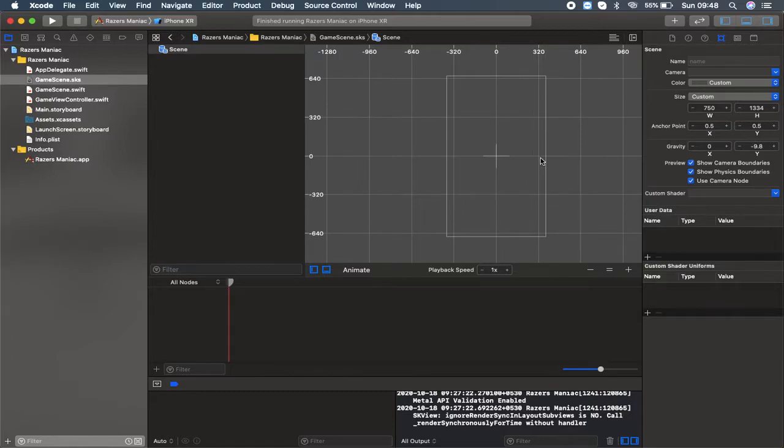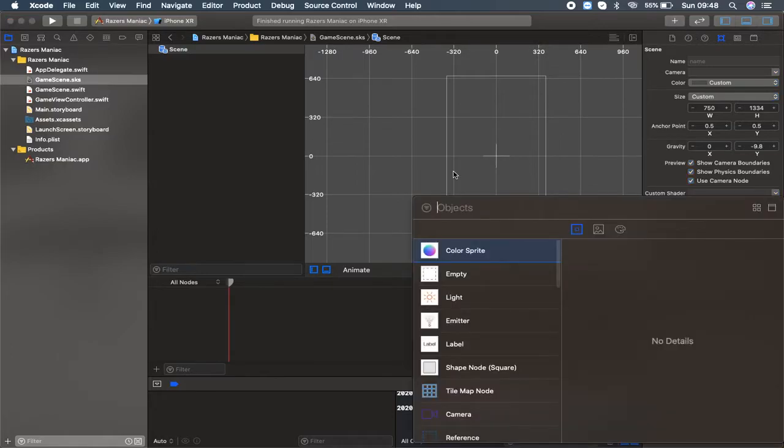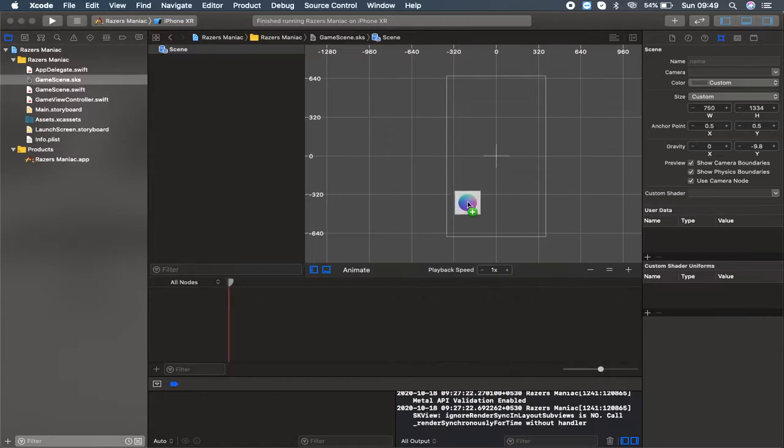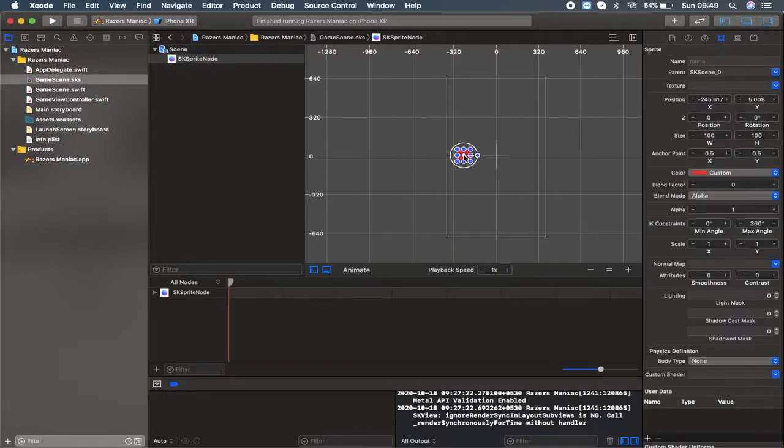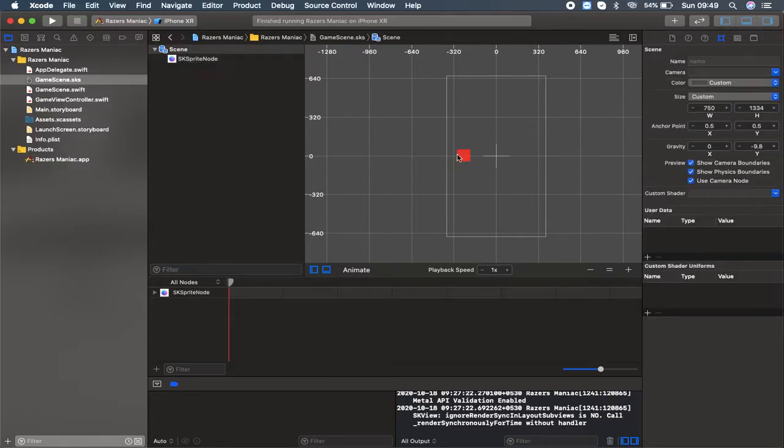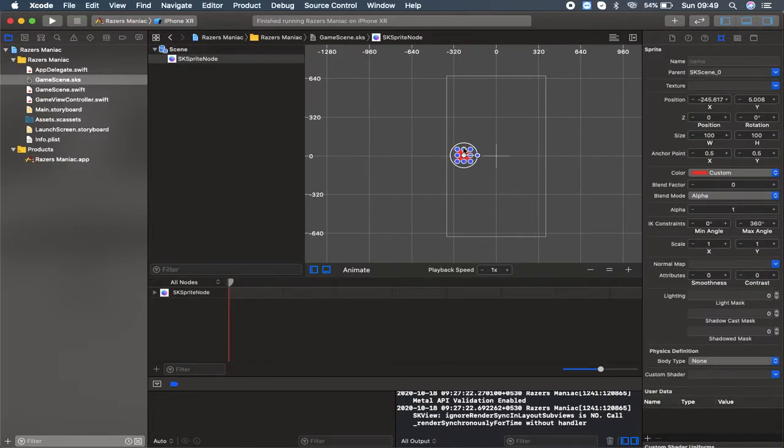And what I'm going to do first is click here on the plus button, which is the object library. You can find here a few assets which we require, and you can find here Color Sprite. It's an object which we can place over here. It's an object to let Xcode know that this is an object to be represented, or something else we're going to do with that. All right, so I'm clicking here with the object and just dragging it